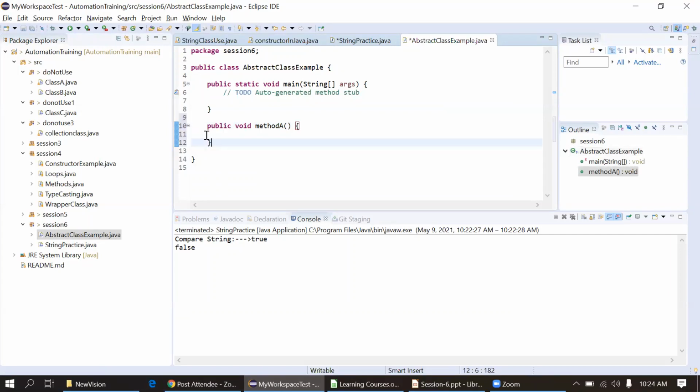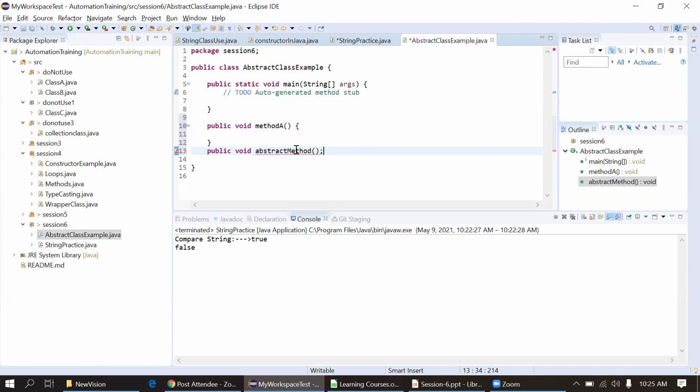I have not written anything, but it's a defined state. So I will define one more method, public void. I don't want to implement anything here. I just want to declare the method name, so the implementation I can do in the later classes. In this way, I can define the abstract method.